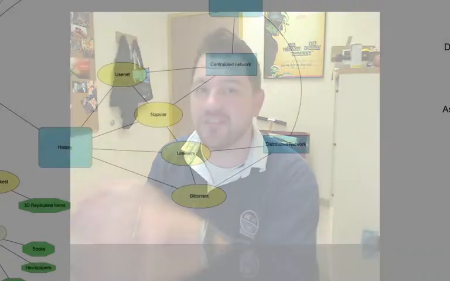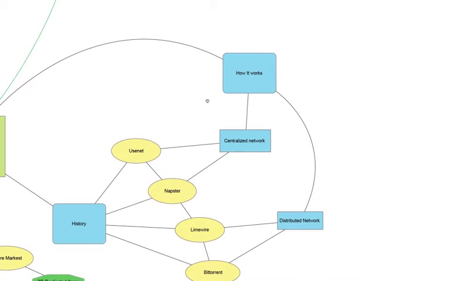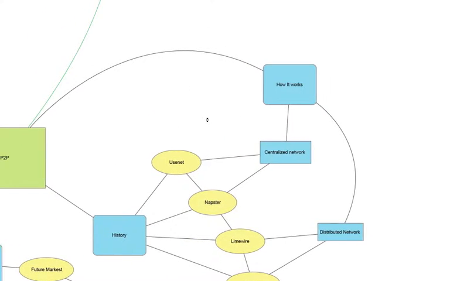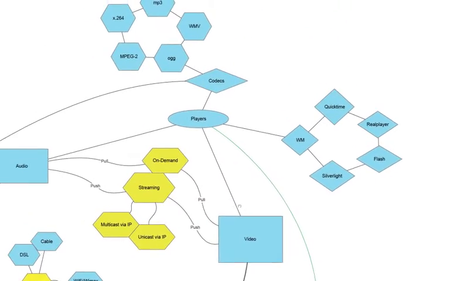I'll talk to you about when I was a kid, and we used to go out and have my old computer, and we used to dial into these other computers and get pictures and video games and stuff like that, which is really fun, and talk to other people. We'll talk about how it works, the different types of networks, and that will bring us over to all of these,